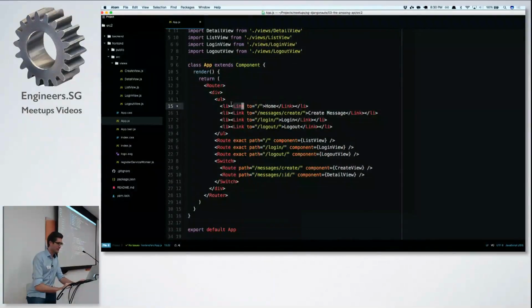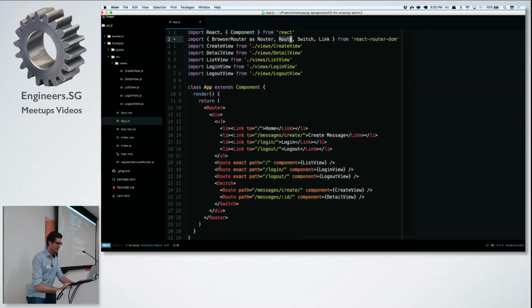And then we use the route here to say whenever the URL is the home, just slash, we render the list view component. If the URL is login, we render the login view component, and so on. Okay. You could even do something like this. If you remove the exact here,